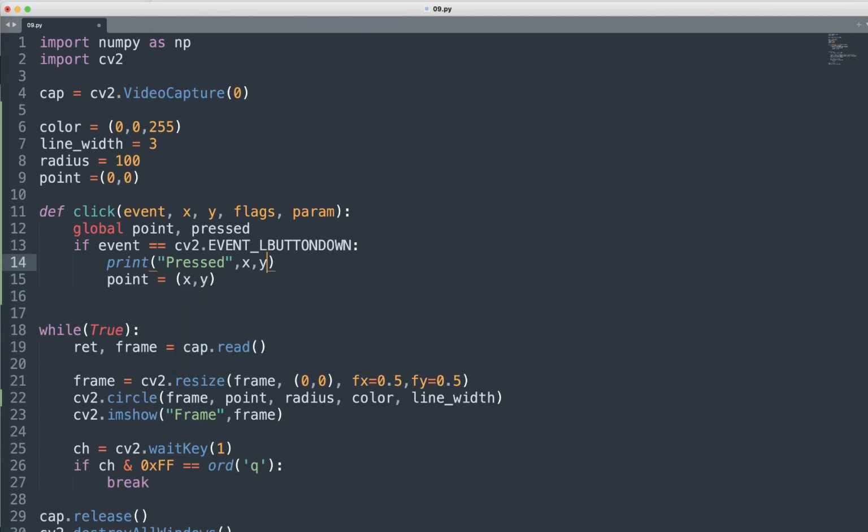So using this point equal X comma Y, every time we click the left button down, it will set the point. We can also capture other events such as event right button down, and event button up, or even event mouse move, and all these things. So to register this click at the OpenCV handler,